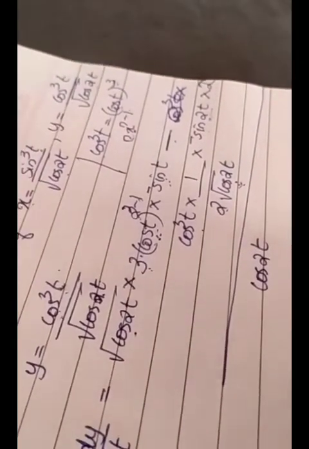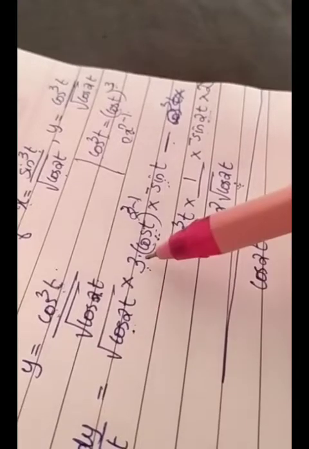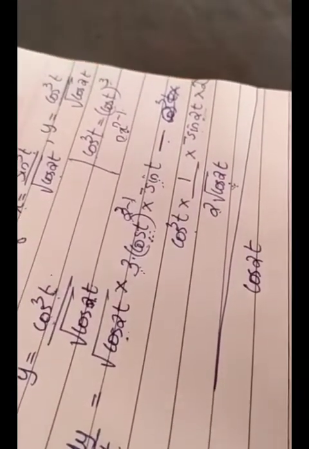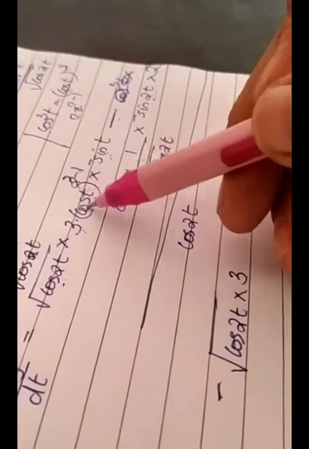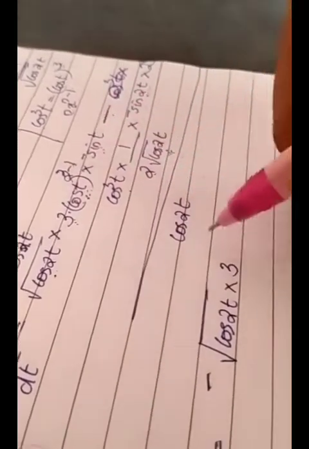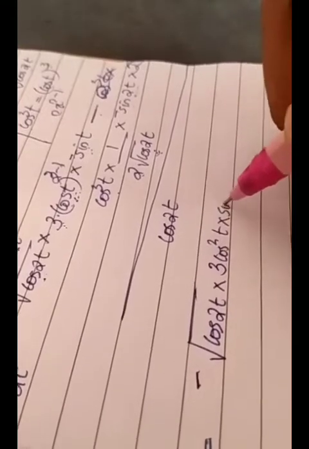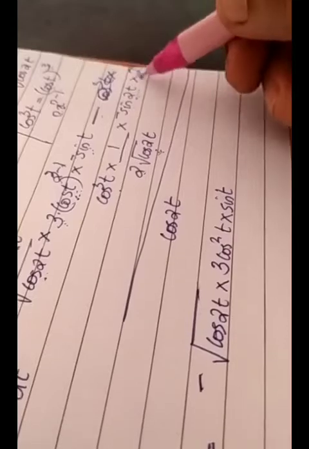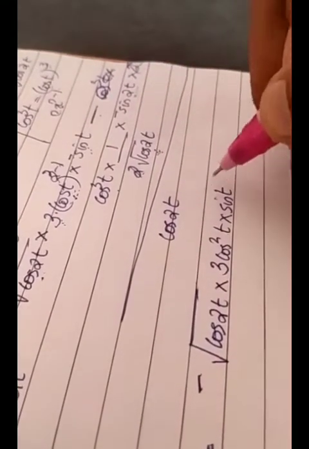Okay, this is equal to, again we have to take the LCM in the numerator. Actually the term is negative. This is positive, this is positive, this is positive, but this is negative. So the term is negative root of cos 2t into 3 into cos t raised to 3 minus 1 gives you 2. So 3 cos square t into sin t. Okay, and again for the next term 2 gets cancelled. This 2 and this 2 gets cancelled. There is a negative here and here, so it becomes plus.